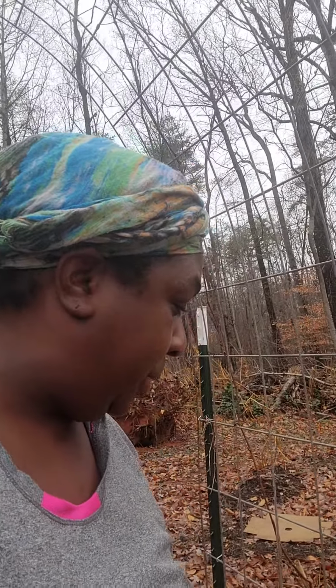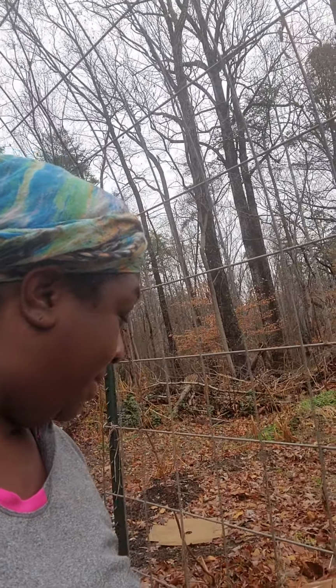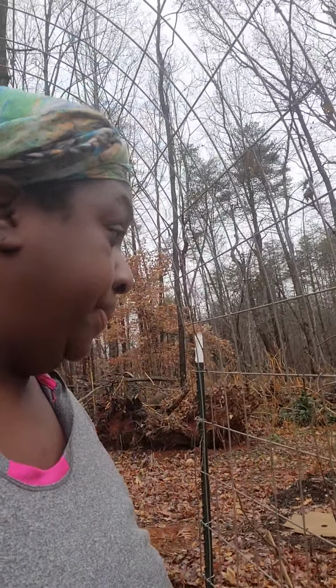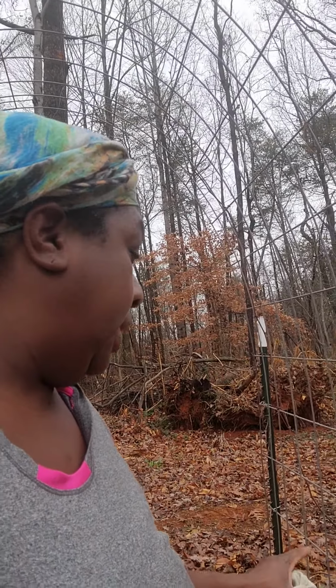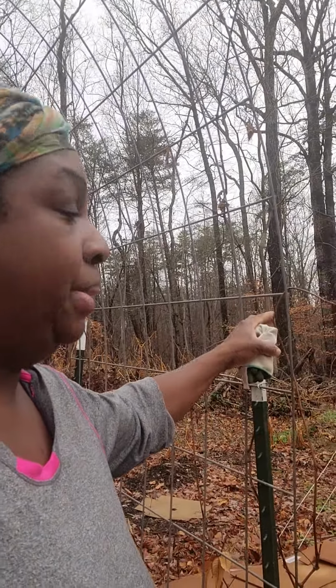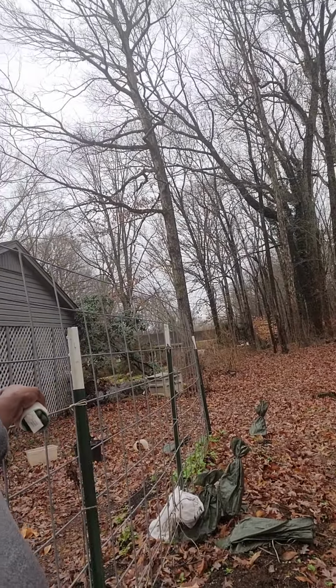But I'm also not going to plant tomatoes here again, even though I know from the leftover cherry tomatoes on the ground that I'm going to have a ton of cherry tomatoes coming up in here. But what I'm going to do is transplant every last one of them. I'm going to try not to let anything inhibit the growth of this grapevine because I really want that grapevine to grow. And since I also have greens growing on this trellis, what I'm thinking about doing is planting corn